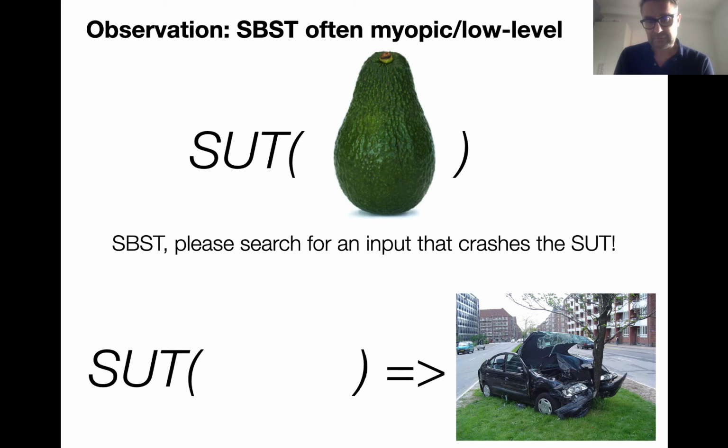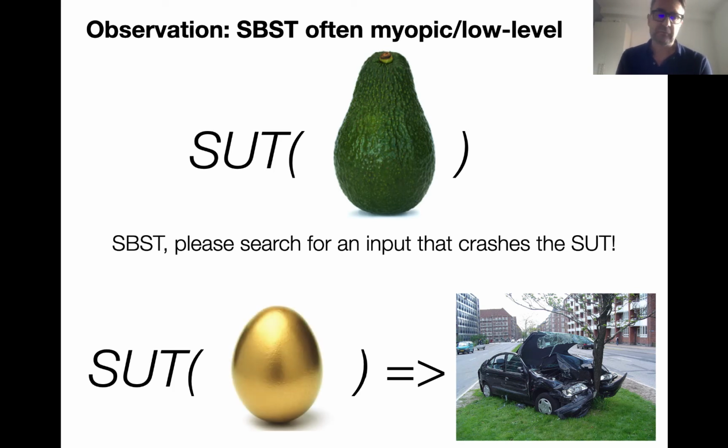So, for example, let's say we want to fill in the gap here, right? That's what we ask search-based software testing. We want to find a particular input, like the golden egg, which fulfills our goal, right? So this is on an individual input data level, and this is quite commonly how it's done. This can then be used, of course, in a sequence. So in that way we are maybe looking for several of these inputs, but our focus is still on the